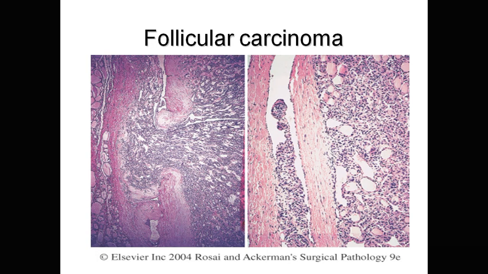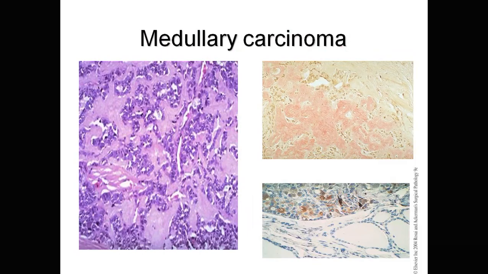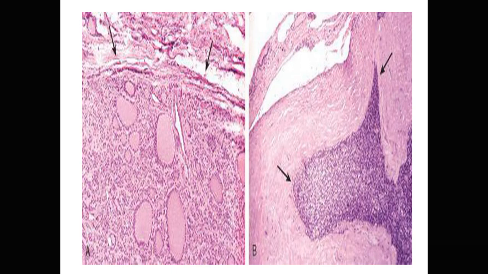So the varying size of the follicle is present and the intact capsule, and there is no blood vessel invasion. So this photograph is again the follicular carcinoma. So here, to differentiate between adenoma and carcinoma, there is the invasion into the surrounding tissue. So this is the breaking of the capsule, and the thyroid follicular cells grow beyond the thyroid capsule, and this is the characteristic blood vessel invasion. So the thyroid follicular cells are present in the blood vessel outside the capsule. So this is called the mushroom shape of the invasion.